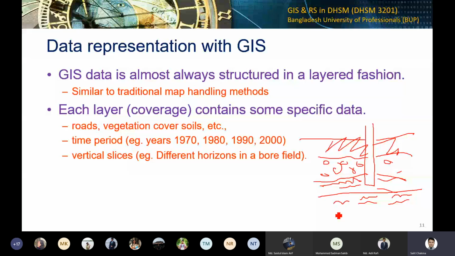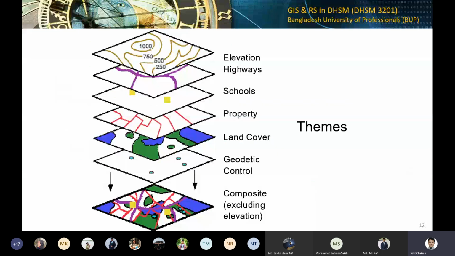So sometimes it could also have some data which are in these vertical forms. If we summarize them, they would look like something like this. For example, this is the elevation data. Then there are highways, then there are schools, then there are properties, then land cover maps, then some control points